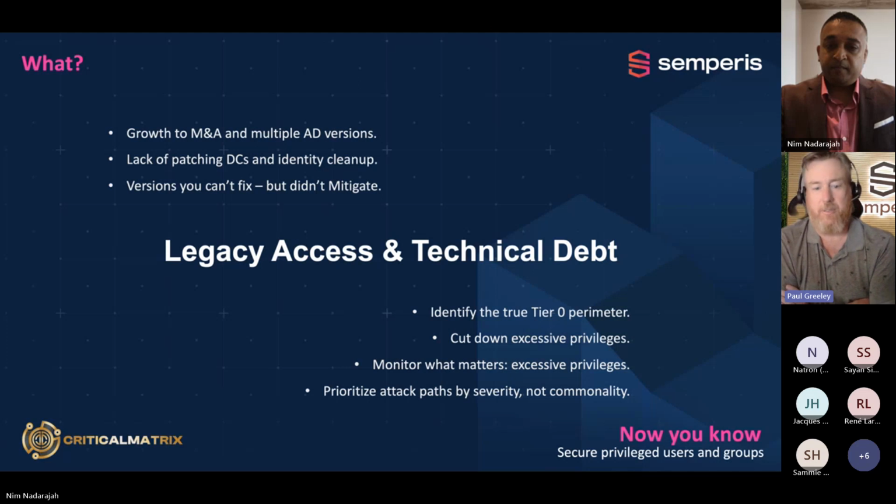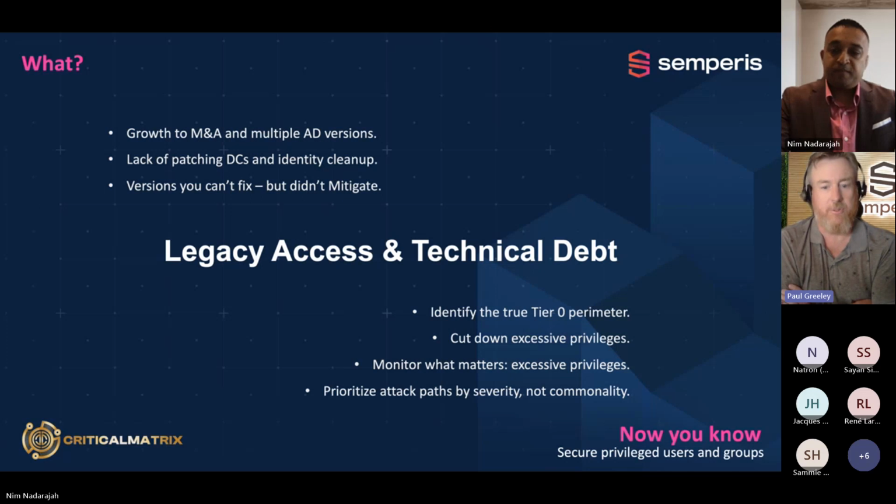So for domain admins, there's a lot of tools out there now, such as Bloodhound and a Semperis tool called Forest Druid. It will show you how an attacker can actually go about compromising different users and computers to gain access to privileged credentials. So that's the thing. Kind of be in the know. That's what I tell people. Know who can be attacked and how they can be attacked, and secure that path.